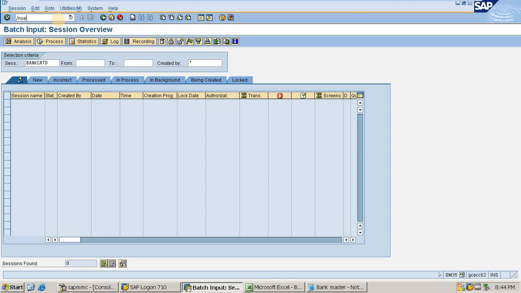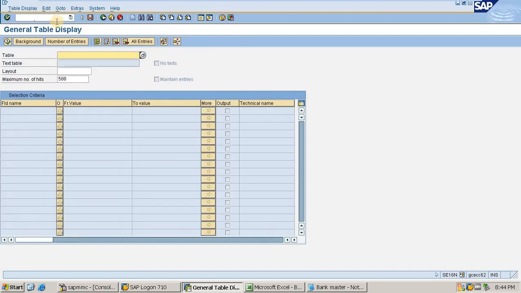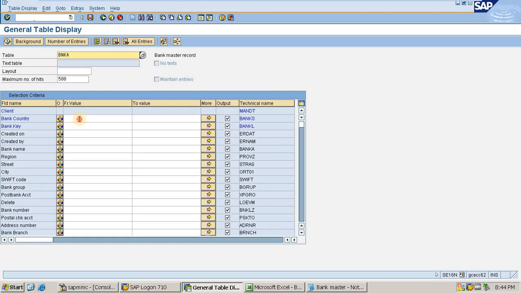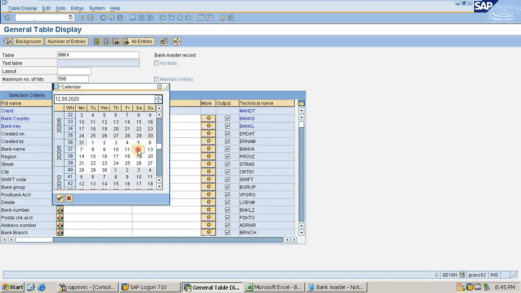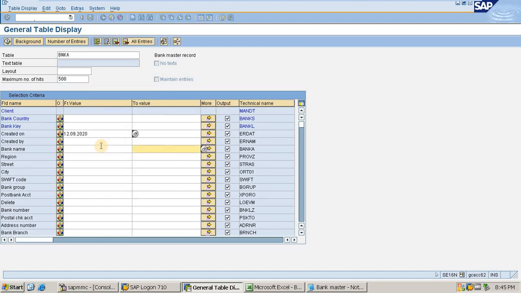/n AC16N. It should be successfully created. Table name is BANKA, BNKA. Created on is the current date. Let me check whether anything has been created on the current date or not. 12 is the date. Bank country is NL.